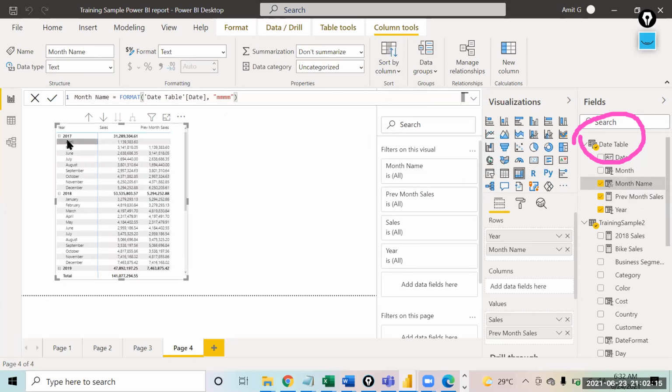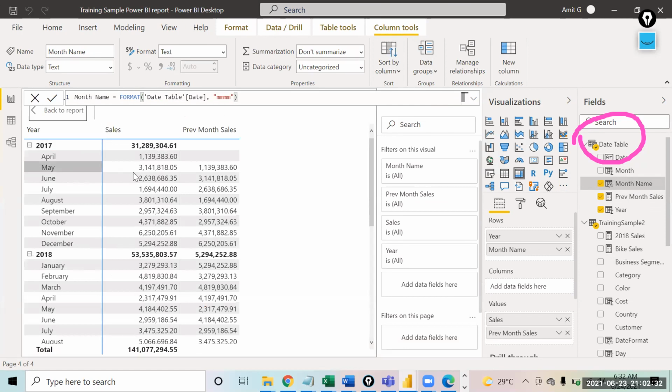See over here, this is the sale of April. This was the sale of the month of May. So in the month of May, I am able to compare it with the previous month, like what the sales were in the month of April. So this is what previous month does. It helps us compare the previous month's sales, so I can say whether I generated more sales or less sales as compared to the previous month. Got it?